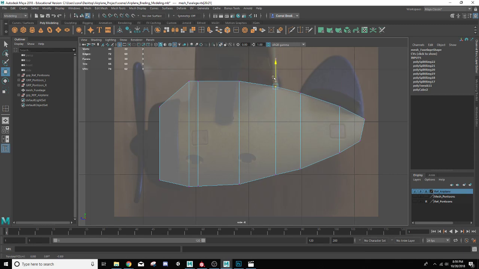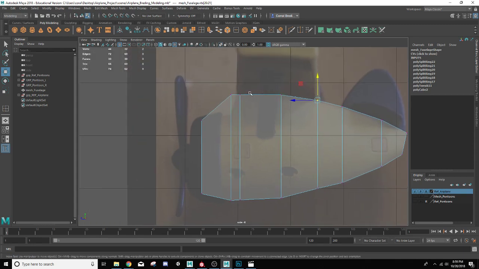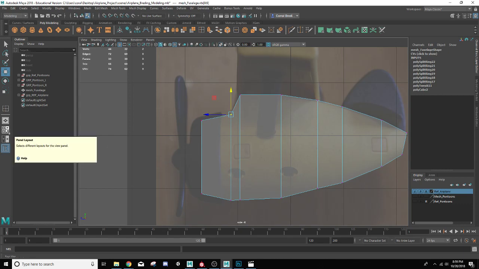Okay, just keep moving. There's the wing. And these two are actually kind of where I want them to be. This last one here, be right in there. And that's good. All right, so that outlines our reference image. That's a good start. Let's go ahead and take a look from the top view here,